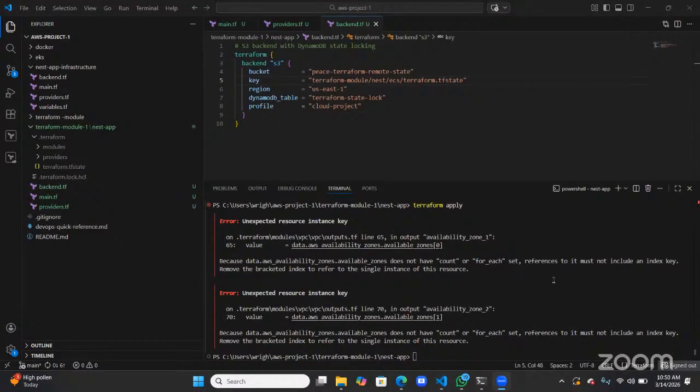Which project are you trying to work on? I was creating the VPC module. Okay, so go in your VPC module. I never said that if something is wrong with your module, you don't have to go and fix it.